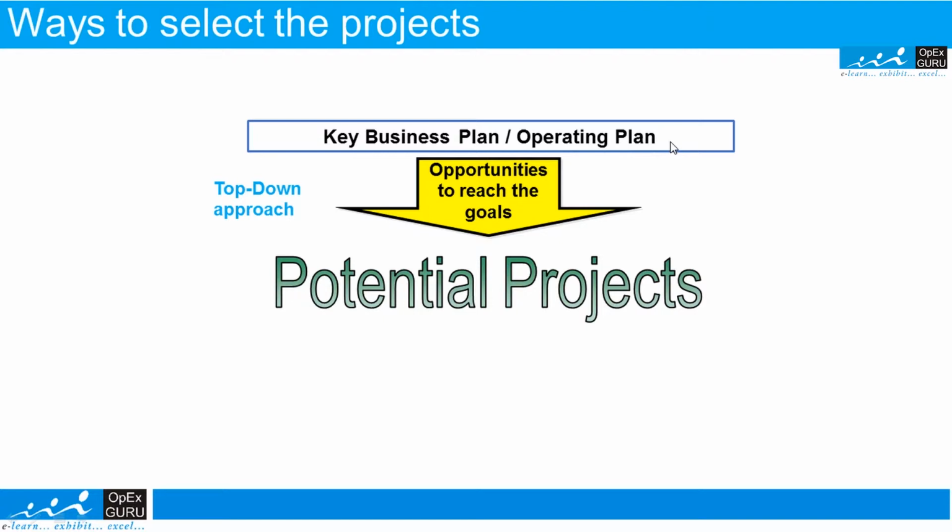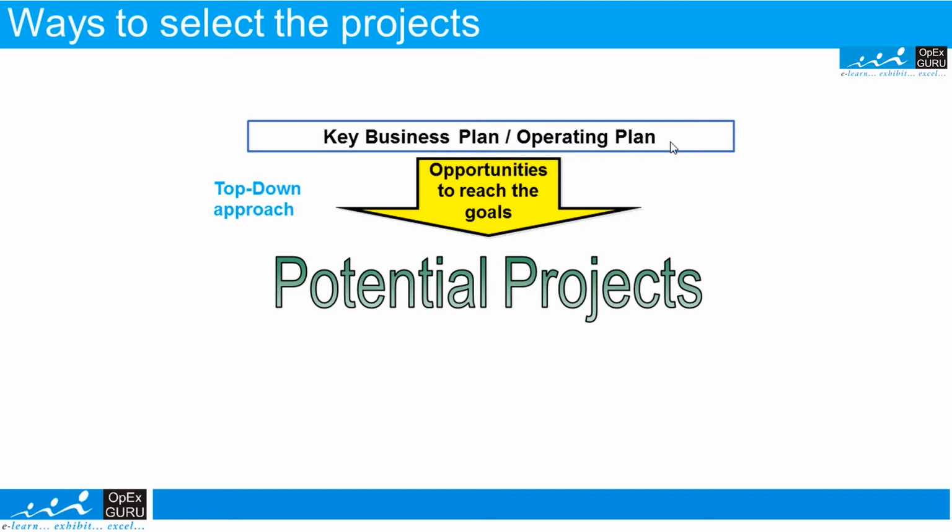So let us take an example. There is an organization which currently has a turnover or revenue of around 500 million dollars, and within 2 years of time they want to reach up to $2 billion. This is the business plan that they have at a broad level. Now to reach from 500 million to $2 billion, the organization may have to improve at several levels. For example, the order processing activities may have to be improved, the customer complaints may have to be reduced, and so many other things. So this is called top-down approach.